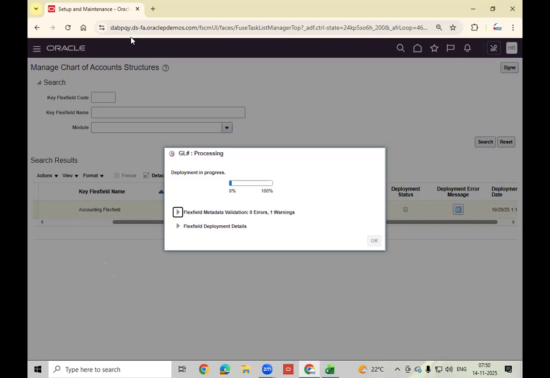But this is the demo instance, a practice instance. Hundreds of thousands of people practice in this instance. If someone did not create things properly, or left that configuration midway, then because of that chart of account, this deployment will fail.